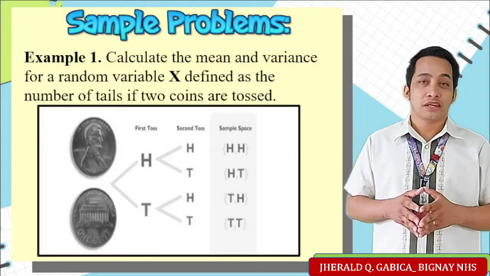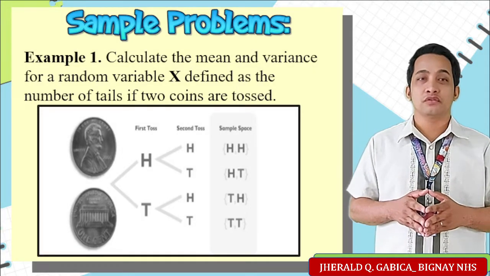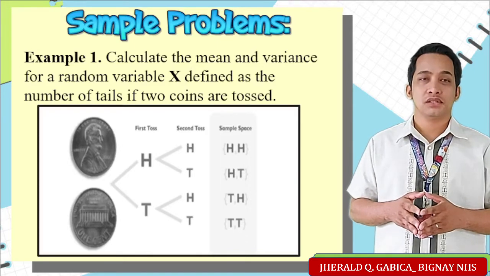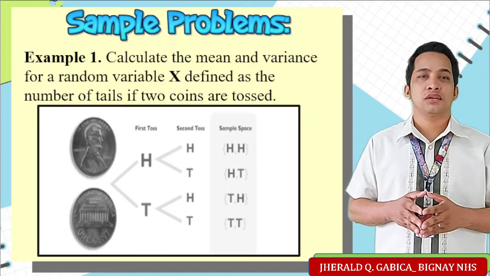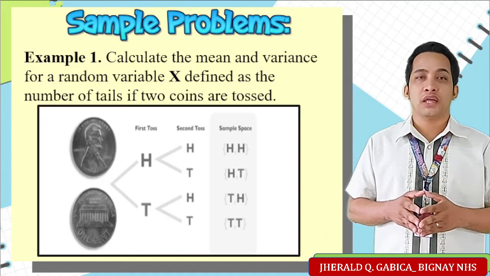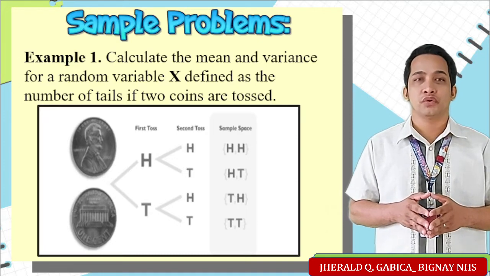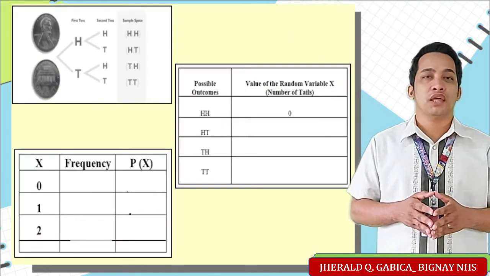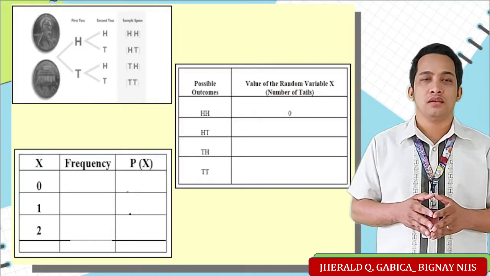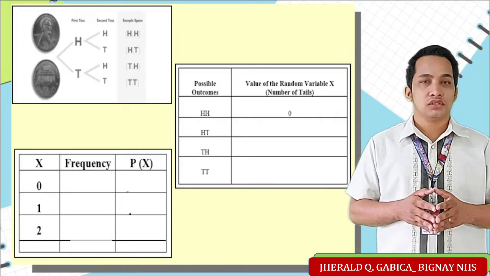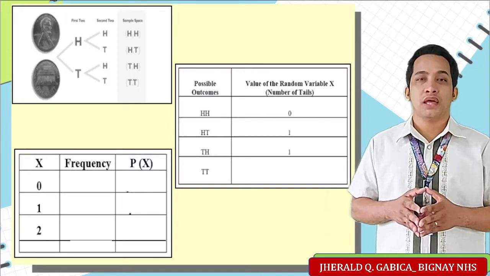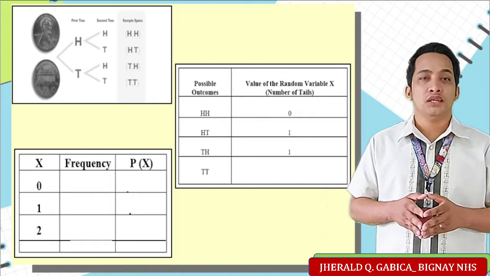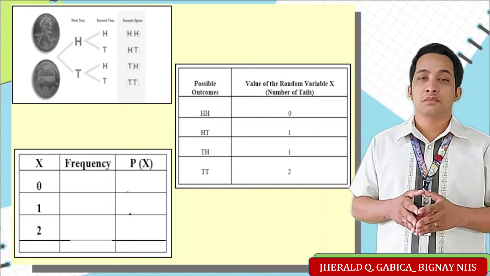And the table for possible outcomes and value of the random variable: for the possible outcome HH, the value of the random variable x, or the number of tails, is 0. For HT, x is 1. For TH, x is 1. And for TT, the number of tails is